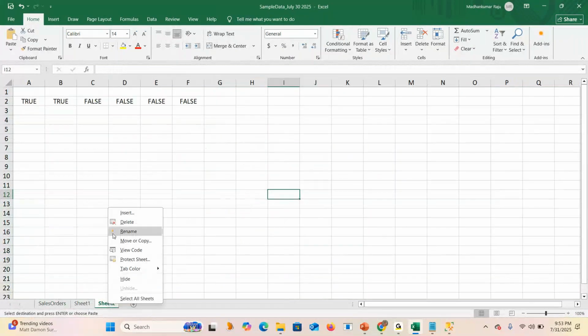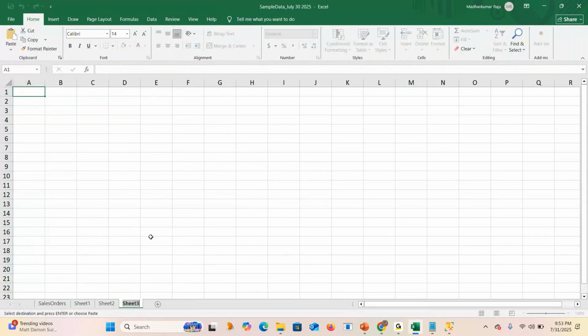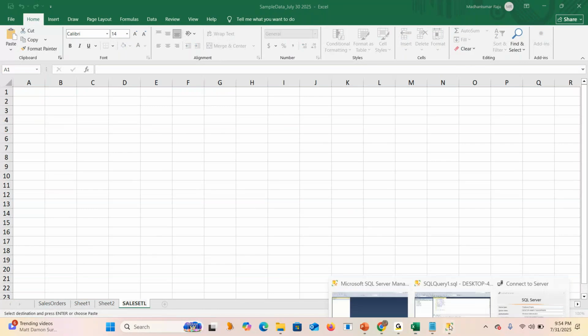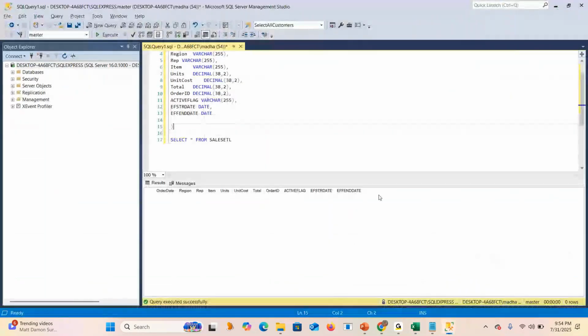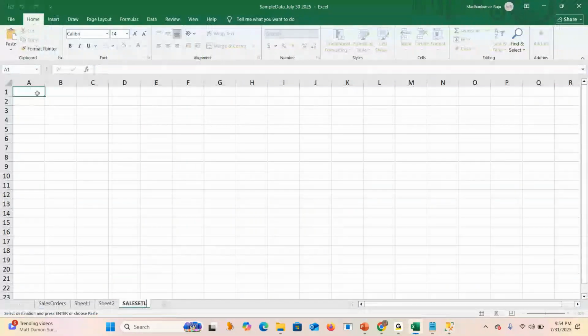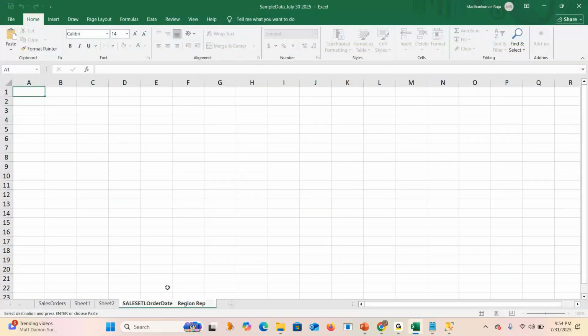So this is target. Just consider this is target, which is the sales ETL table. For your understanding, I'm pasting it here now, but actually that will be there in this table. Okay, clear, guys? This is some important concept, guys. Please answer.